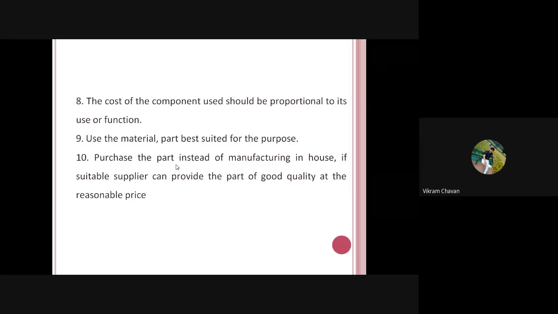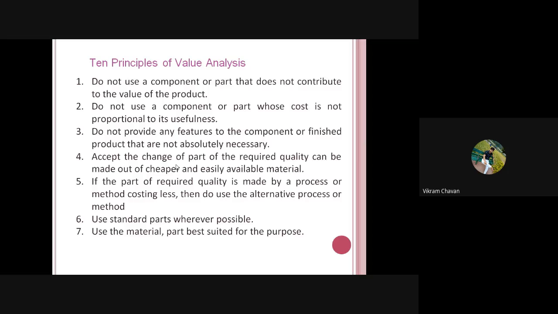So that will be profit for the vendor, and that will be profit for the industry. Okay, so purchase the parts instead of manufacturing in-house if a suitable supplier can provide the part of a good quality at a reasonable price. Okay, so please note down these 10 principles of value analysis,